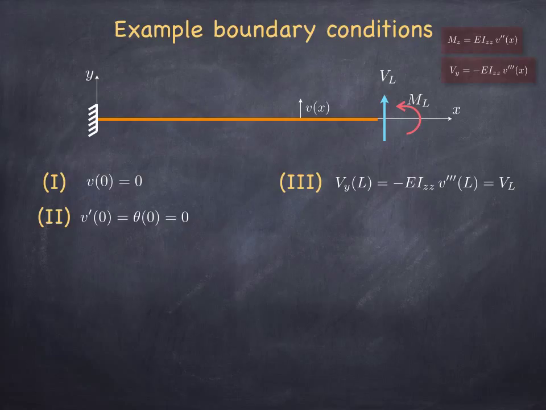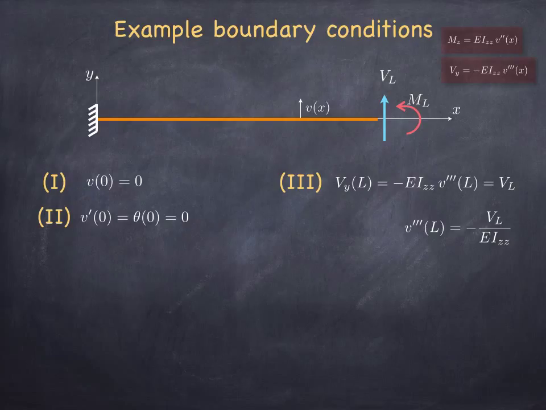So it's equivalent to that prescription, and you can simply rewrite that prescription as v triple prime being equal to minus VL over EIzz. You have to pay attention to the sign conventions in here, and here this applied external shear force VL was